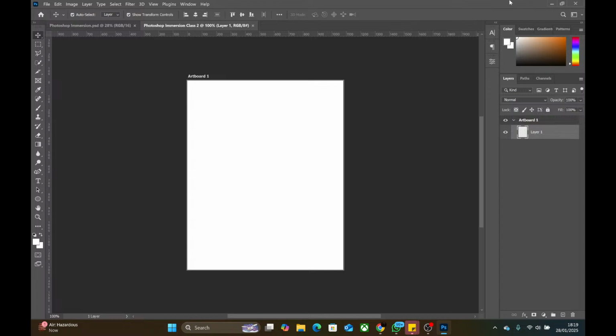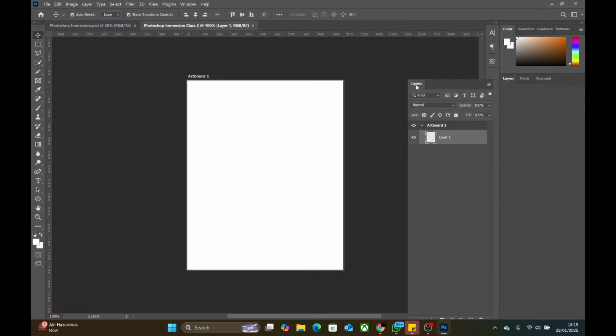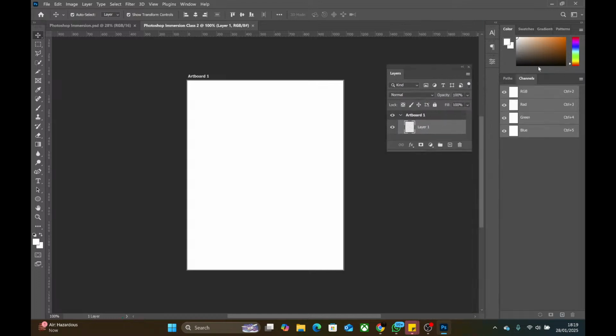You will see this layers panel maybe out like this. You may see your swatches like this. You may see your lens, your pattern, something like that. You will have to arrange everything. And please watch the videos from yesterday. I'm repeating this so that it will not stress you. Watch the video from yesterday so that you understand what I'm talking about.